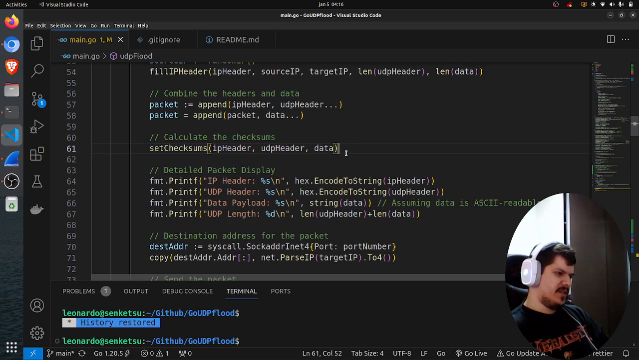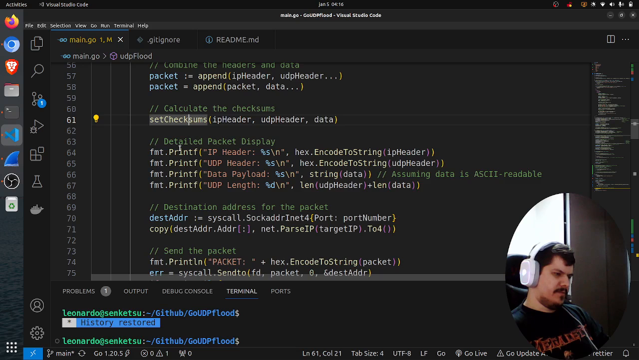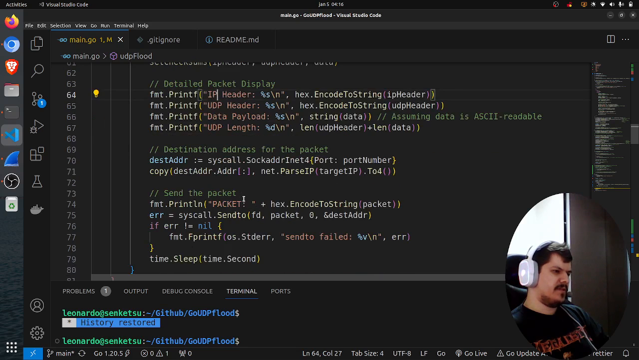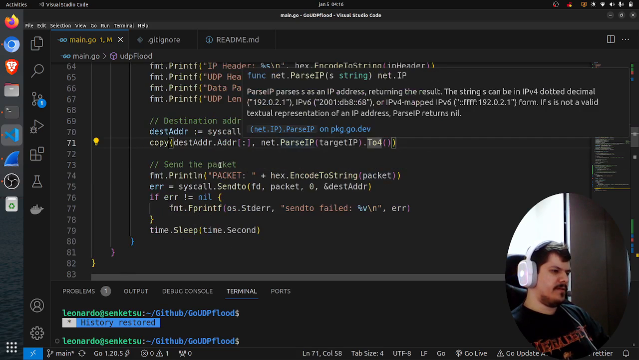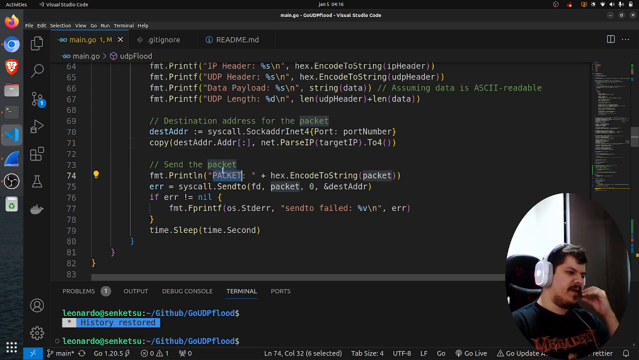You set checksums. Actually, we're not checking for anything. We are passing them a 0. And here there's some debugging to check what the IP header is, the UDP header, the data payload, UDP length, and stuff like that. We set the destination address, so it's IP version 4 and the port number. And then we do some parsing to IP version 4, and here we can visualize the whole packet,